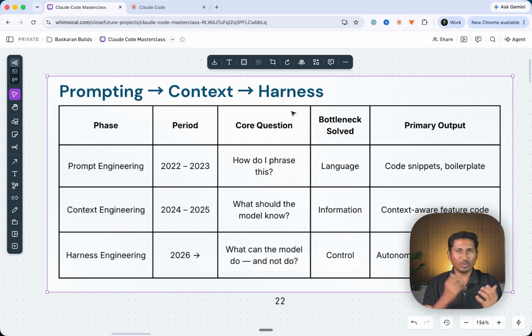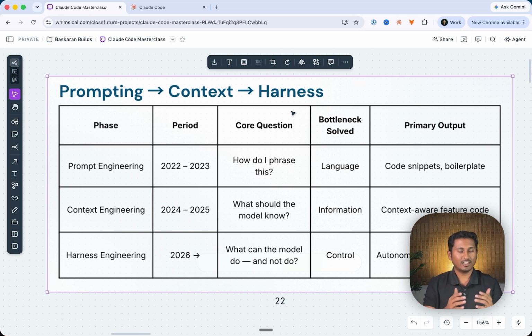So everyone wanted to know, hey, how do I become a prompt engineer? People are getting hundreds of thousands of dollars to be a prompt engineer, and the most important skill is English, because that's a language. If you know how to prompt the model, then you are the best. So that was the era for 1-2 years, and it's about how do I ask, hey, act as a SEO